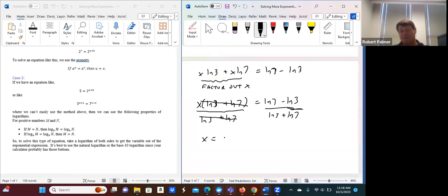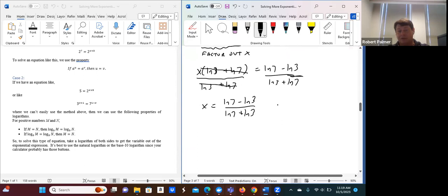We now have x by itself equal to the natural log of 7 minus the natural log of 3 over the natural log of 7 plus the natural log of 3. Okay? Now, that is the exact answer, but that's not all that meaningful. Now, one more thing I'll mention: if you had used log base 10, then x would also be equal to